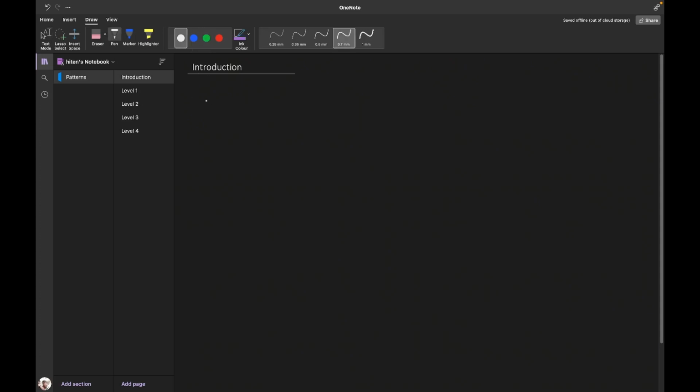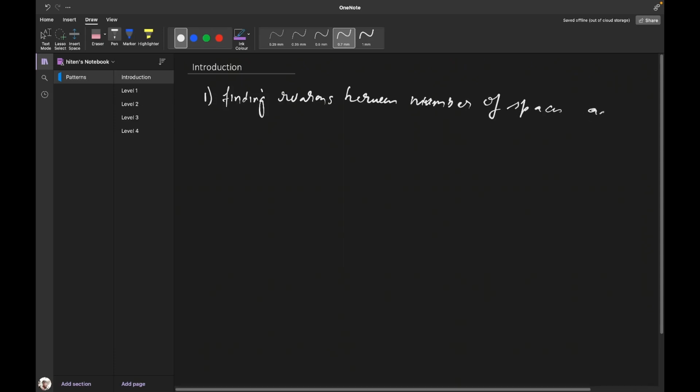While solving these types of questions, the first step is finding the relation between the number of spaces and how these spaces are being printed with the row. So if you look closely at a pattern,